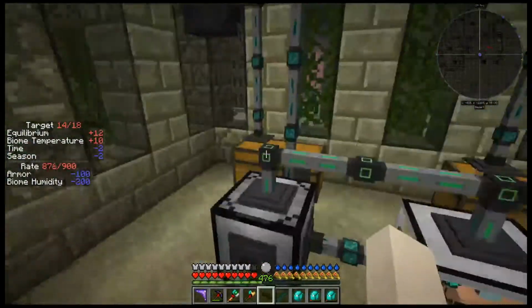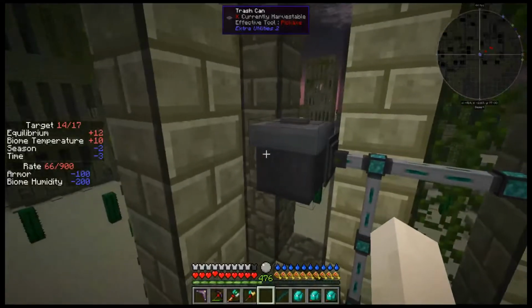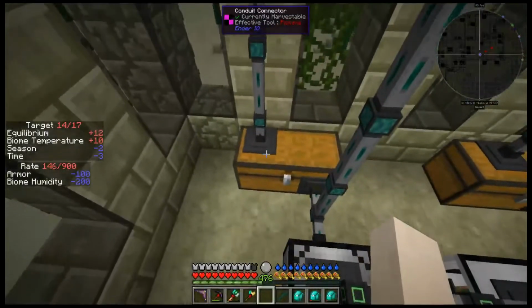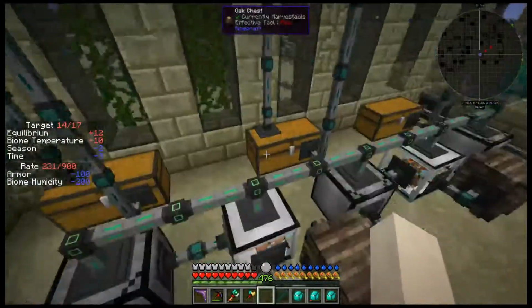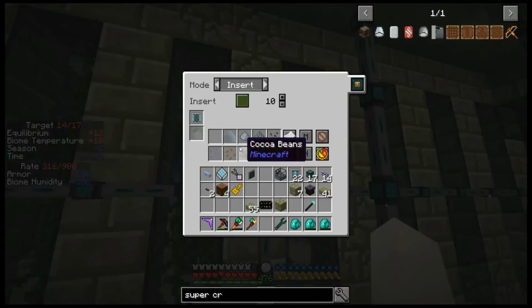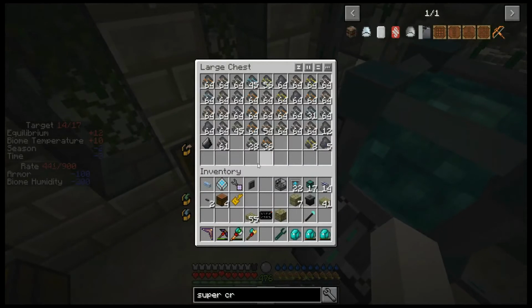The next step I wanted to show, for each of these sieving chests, I put a trash can and I prioritize it to void things that I don't need anymore. So from the dust sieving, I'm grabbing the charged certus quartz and redstone and glowstone. From this, I'm only grabbing what gives me dilithium to be able to travel to other planets. From this here, I'm only grabbing lapis and